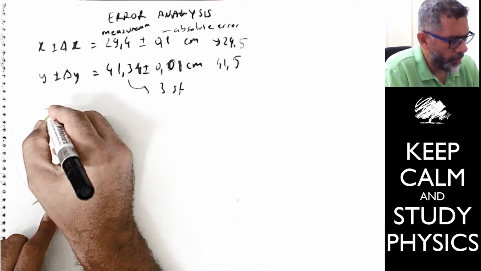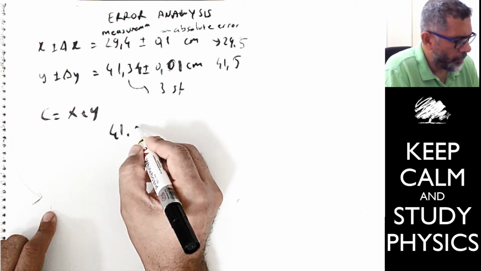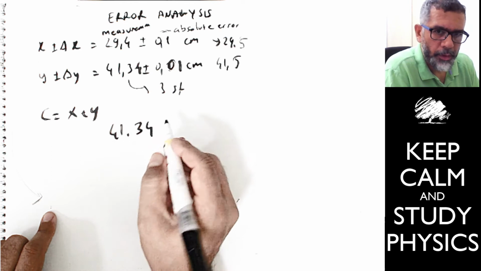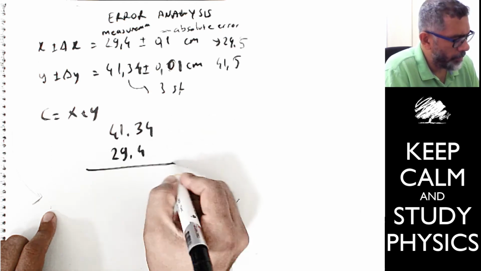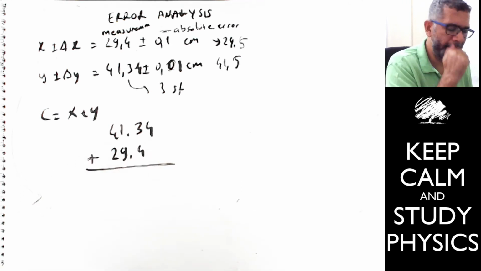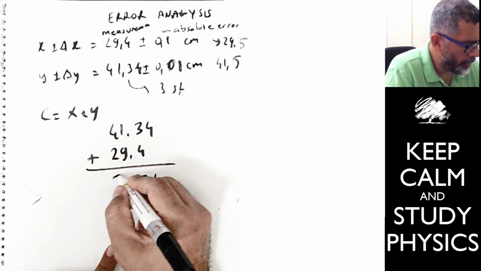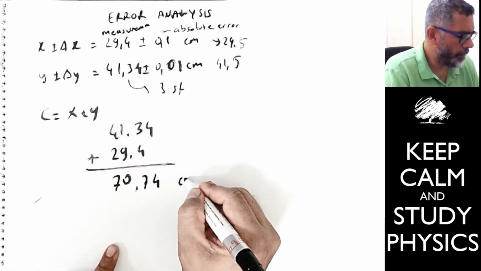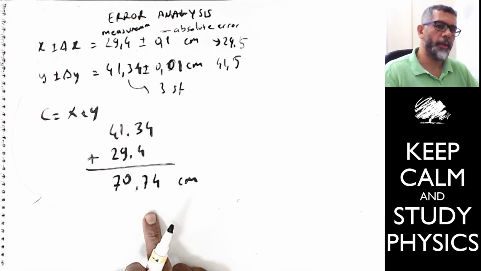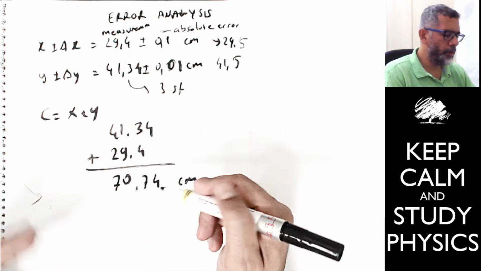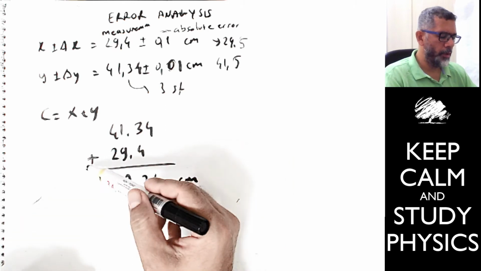Again, we have x plus y. We just add 41.34 with 29.4. You add these two numbers, so just do your regular addition: 4, 7, and 7. 70.74 centimeters. Should you keep the result as this one? The rule says that when you are doing addition, and subtraction is going to be the same rule,